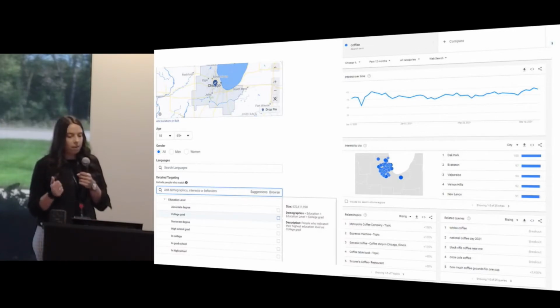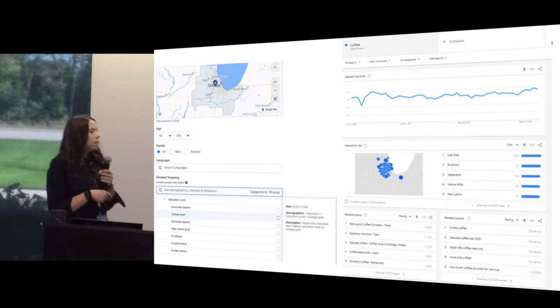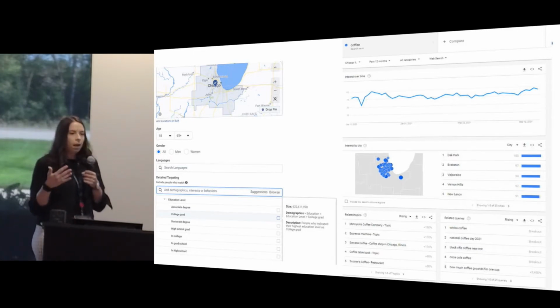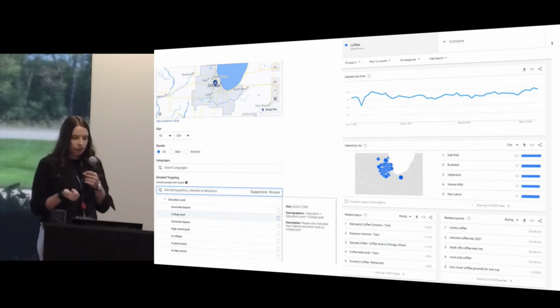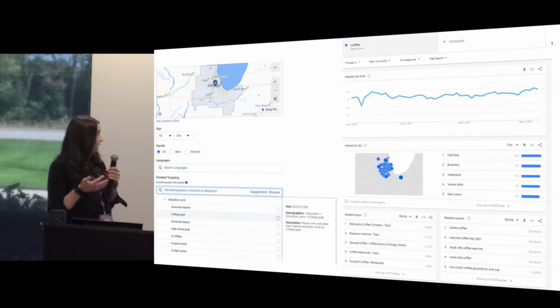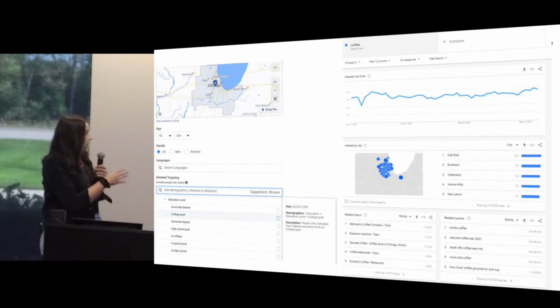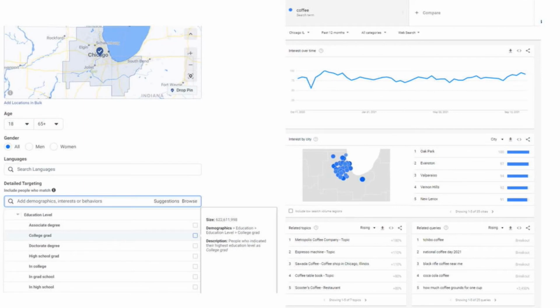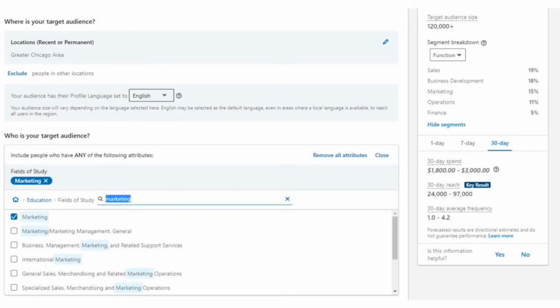So once you gather all this information, you understand what the demographics of your audience base is, where they're digitally engaged online. You can use this information to build out audience lists within your different ad platforms, and then within your different marketing platforms. So building out your audience based on location and based on job or education level, based on search topics. So we have coffee as a trending topic based in the location of the Chicagoland area. We can grab those audience members. And then again, job field, study field,